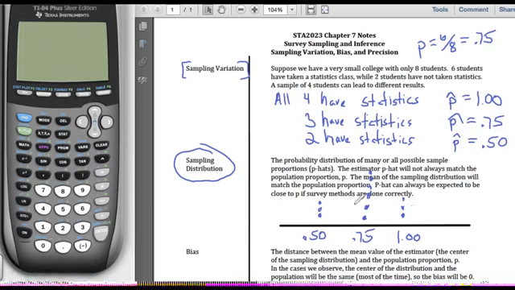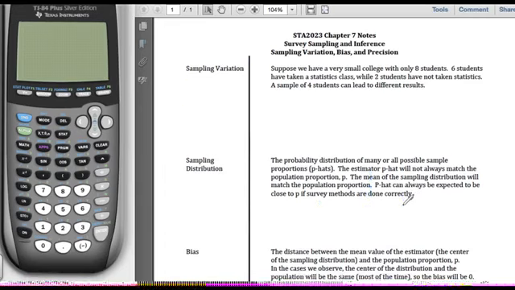And if I average all of these results together, if I find the mean of 0.50, 0.50, 0.50, 0.75, 0.75, 0.75, so on, all the way up to these three 1.00s, that average of these p-hats should match p. And in this case, they would balance out to be 0.75. These p-hats would match p. P-hat can always be expected to be close to p if those survey methods are done correctly, and that goes back to our measurement bias and our sampling bias. And we can measure that bias mathematically,